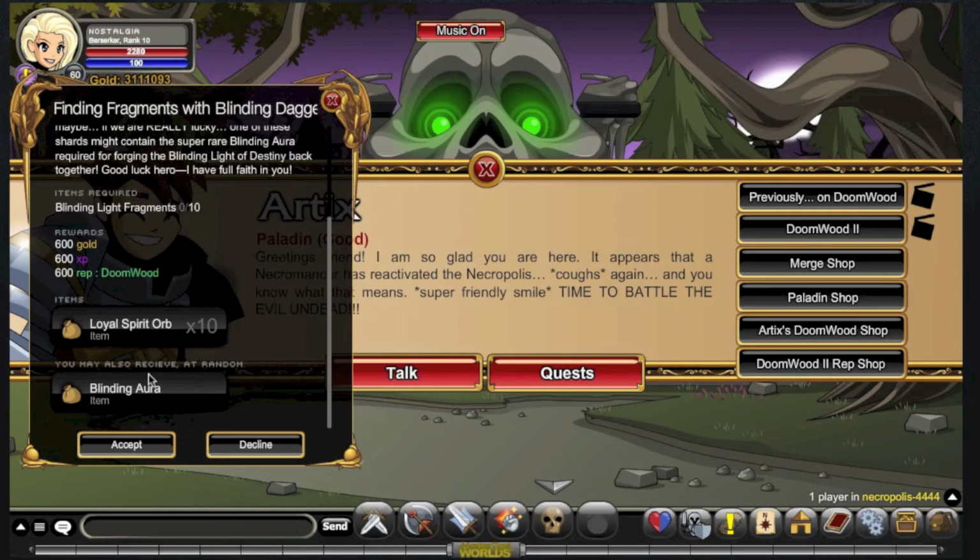A blinding aura, I haven't covered that yet. You require a blinding aura in Blinding Light of Destiny. You get it random from this quest, but you're going to be doing this quest a lot of hours. You're going to be doing this a lot. So you're going to get this. This is definitely dropped for you. But once you've got this weapon, keep doing this quest until you get all of the requirements you need for